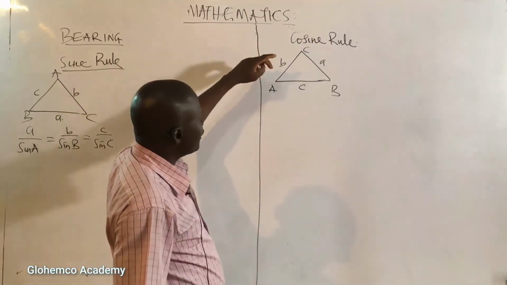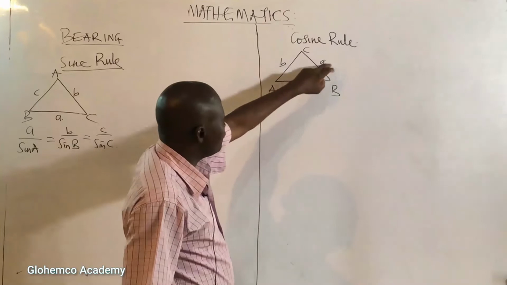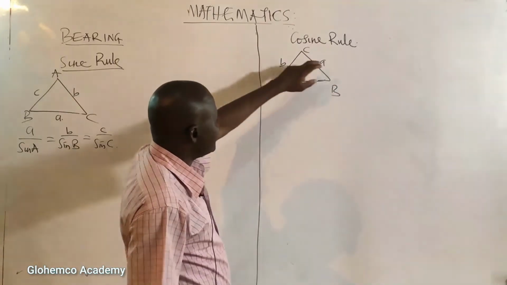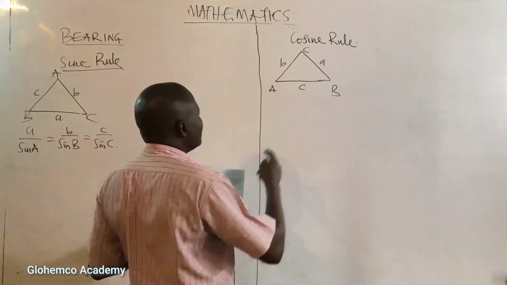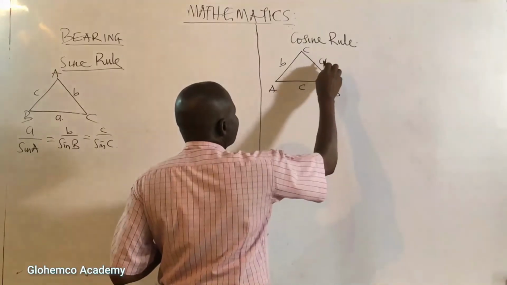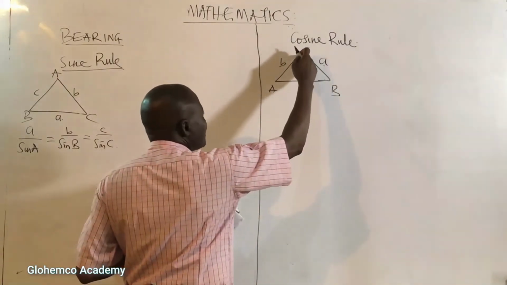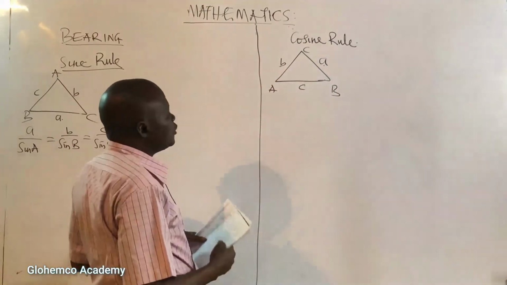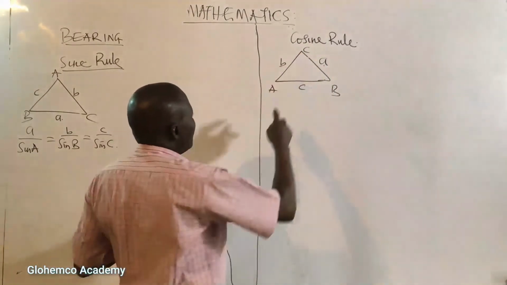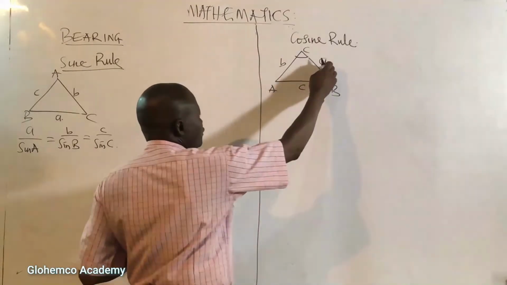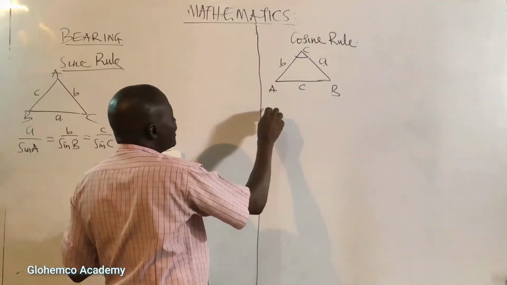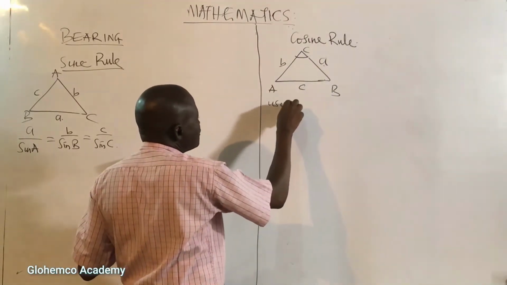If you are given side A and side B, then you must be given angle C. If you are given angle C, and you know side A and side B, then you can now say that using